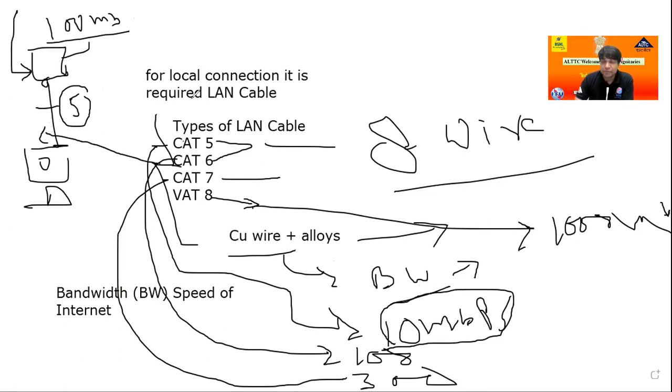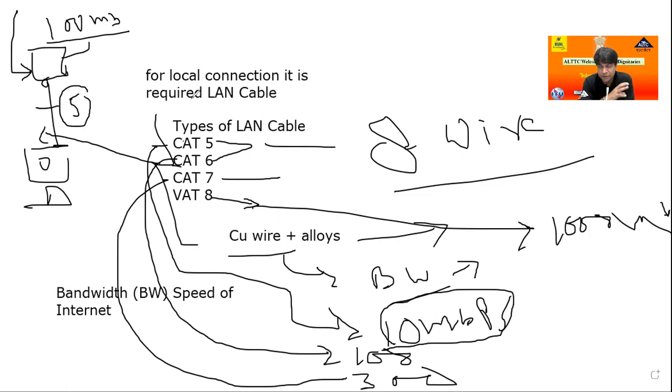Again, I repeat: all categories, either 5, 6, 7, 8, differ only due to the material. Their price is higher and their bandwidth differs due to the material. Cat 5 maximum bandwidth is 10 Mbps.